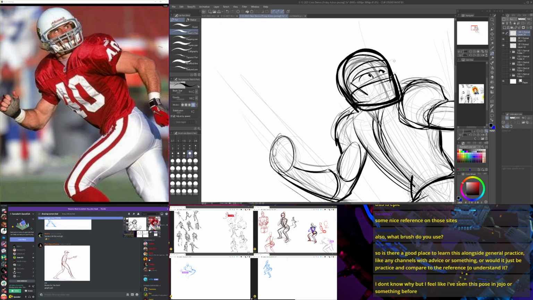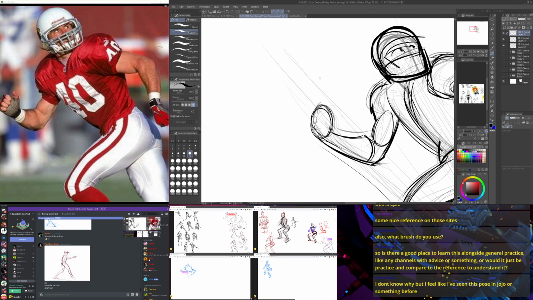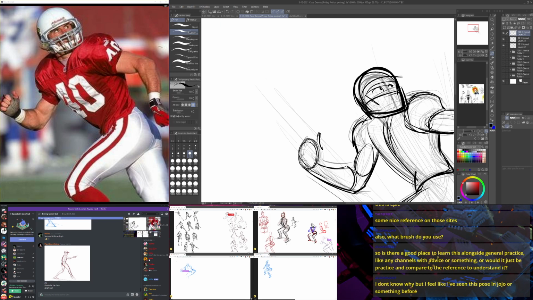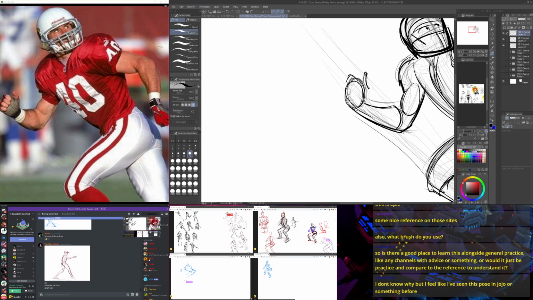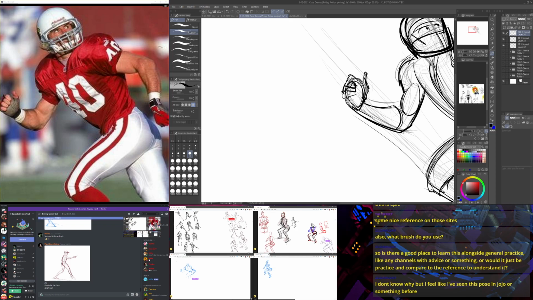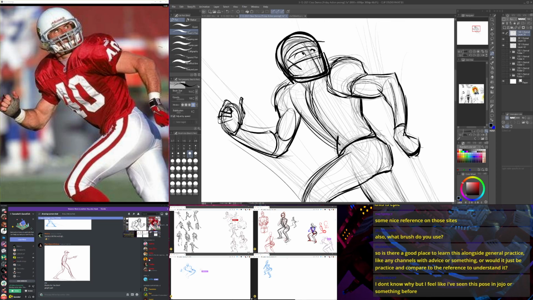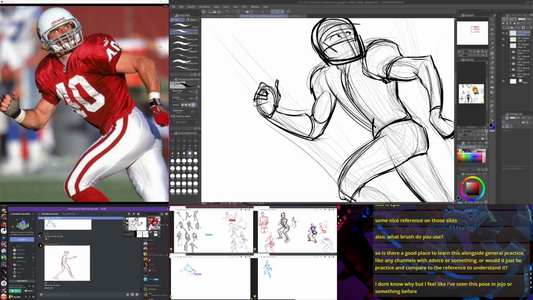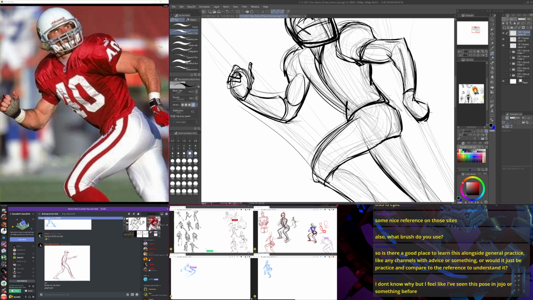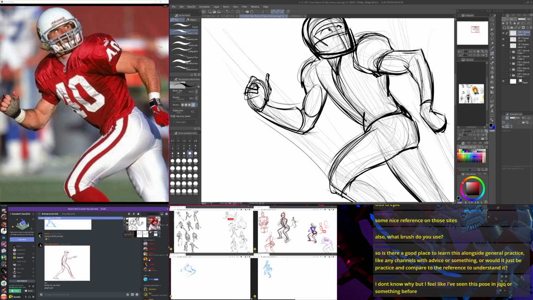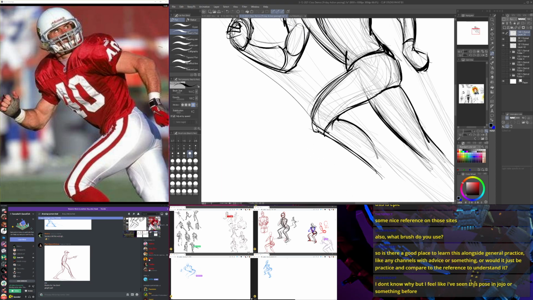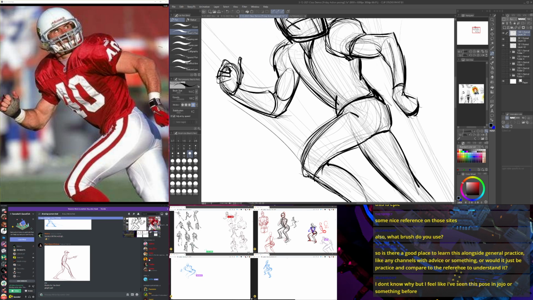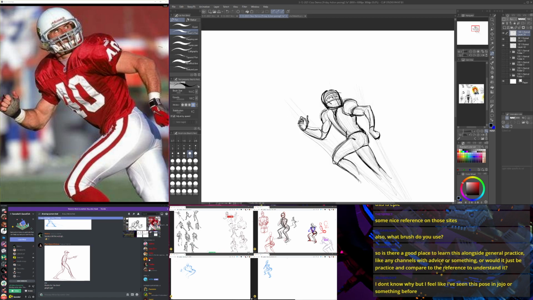FYI, football helmets are fucking tough to draw. So I'm deliberately keeping that really, really simple. On that note, think about how much the artist hated himself when he was drawing Eyeshield 21. No, well, no. The thing is, you can fall in love with drawing anything. And for Eyeshield 21, it's very clear that the artist, what's the name of the artist again? He also did the One Punch Man stuff. He's fucking amazing. I have to Google his name.